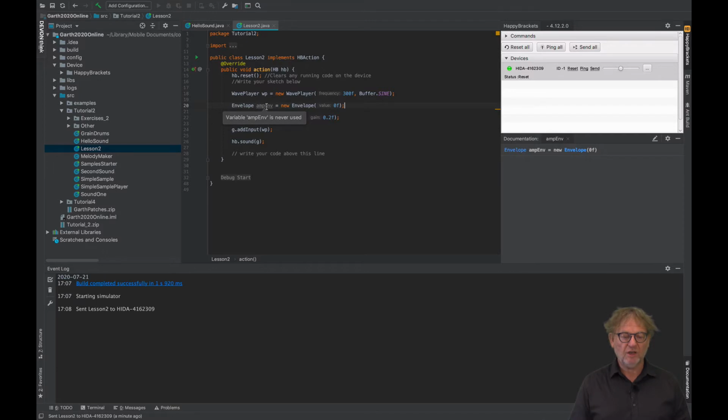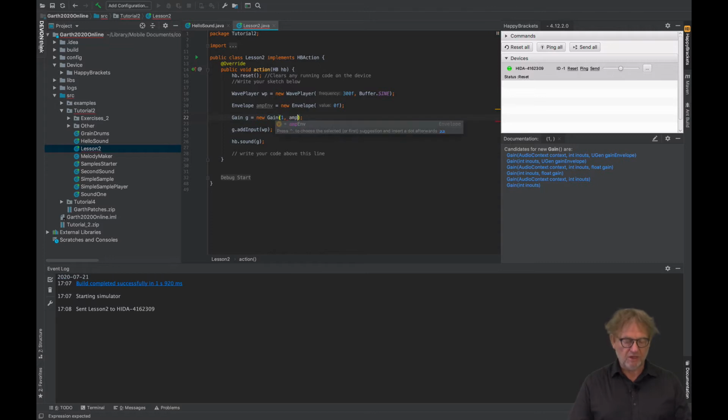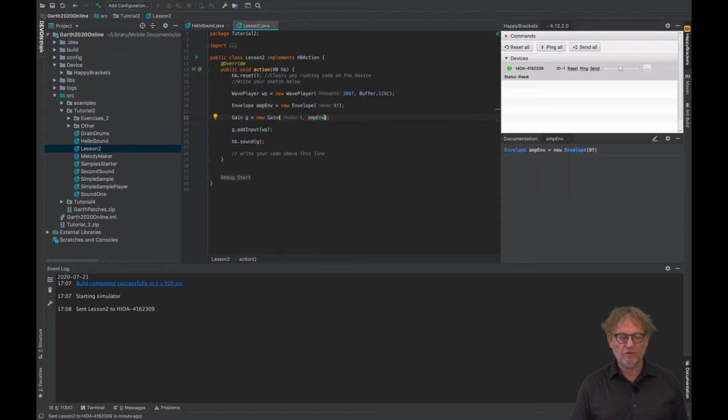So what we could do now is take this amplitude envelope and put it in here to control the gain. If we start typing that, IntelliJ will recommend it as an option. It's already a unit generator. In other words, this envelope is running at audio rate, and so it's possible to plug it in here as a function to control the gain. If we recompile